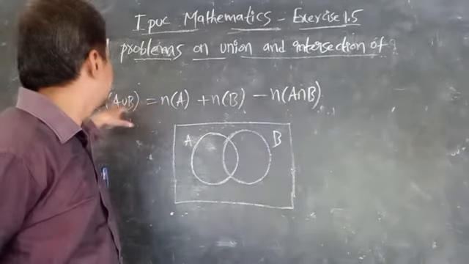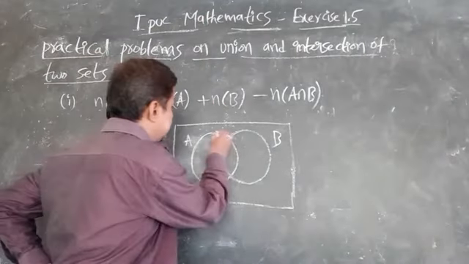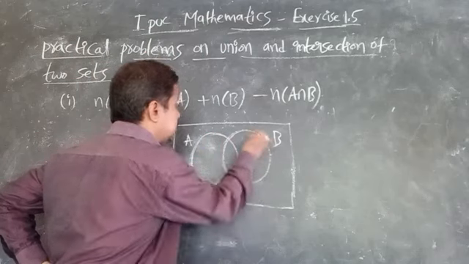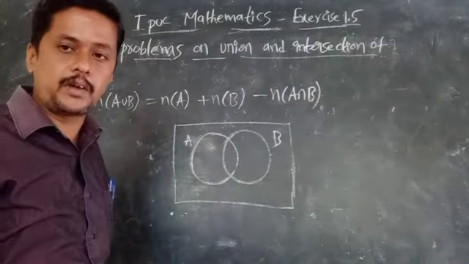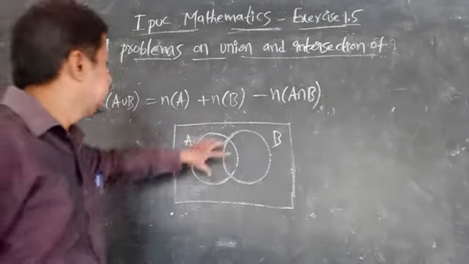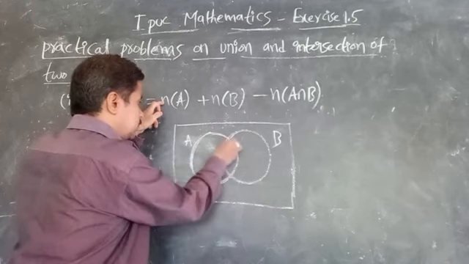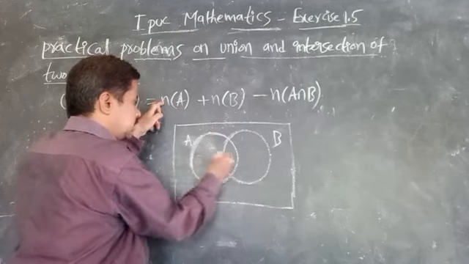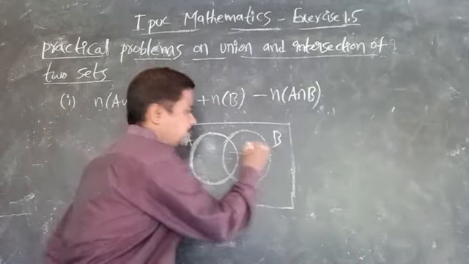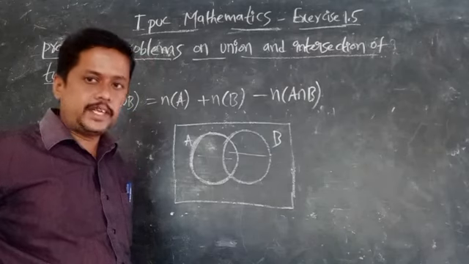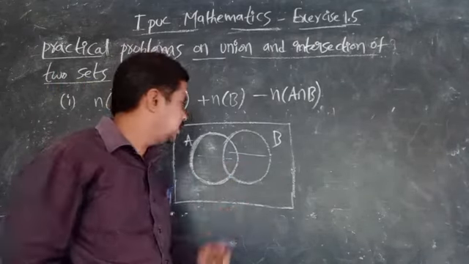So n of A union B, what does it come to? This whole thing, including this also, is called n of A union B, the number of elements in A and B. It is equal to n of A, this total is n of A, plus n of B, where we add n of B. So when we add n of A plus n of B, the intersection part